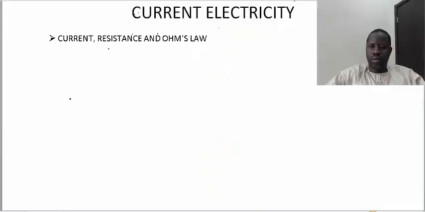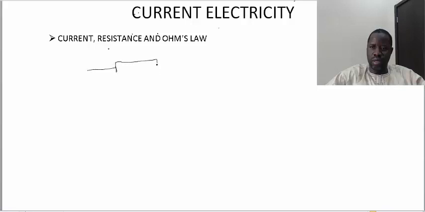Okay, in this section, we are going to look at the example involving our definition of current, resistance, and also our Ohm's law. But before we delve into that, it's good we remind ourselves that we have several ways